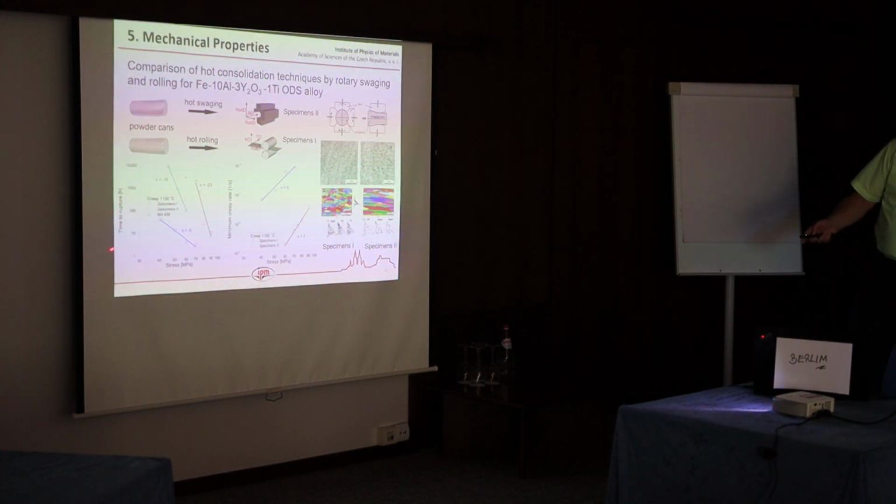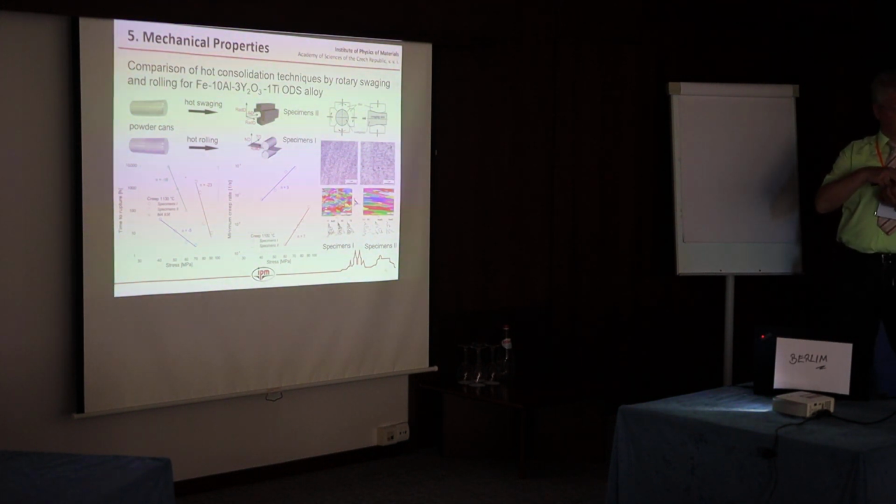This is time to rupture, and this is minimum creep rate. So we can see there is a two orders of magnitude decrease in the creep rate when we have the microstructure with some pattern. It looks similar to directionally solidified casting,